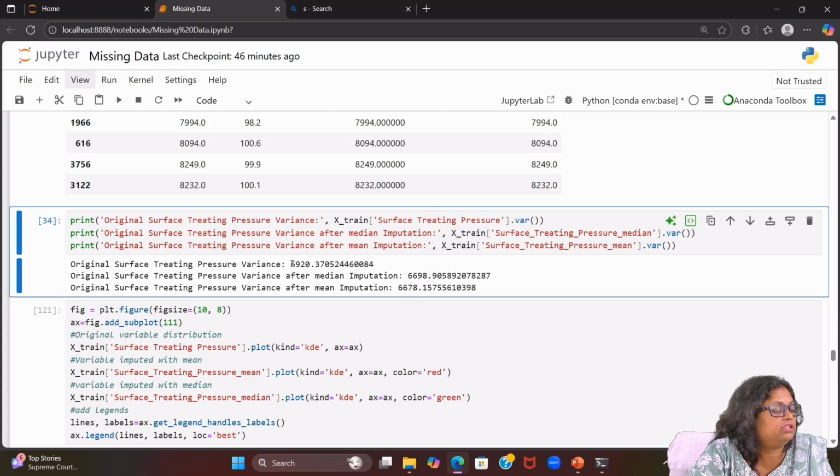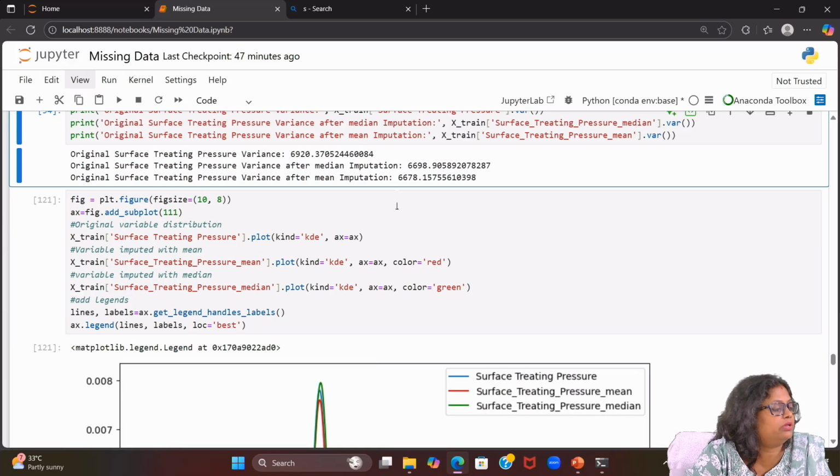So what we can see here, there are some changes in the variance. Okay. So this variance means it is checking the correlation. So here we are checking the correlation with its own column. So here in the values, there is some deviation. Okay, because we are replacing with the mean and median. Okay. So now the another thing we can do. So this is the one check we have to do. What is the deviation? So already I mentioned that when we are replacing with the mean and median, there would be some change in the data distribution. So cross verifying with this one we can see okay there are some changes.